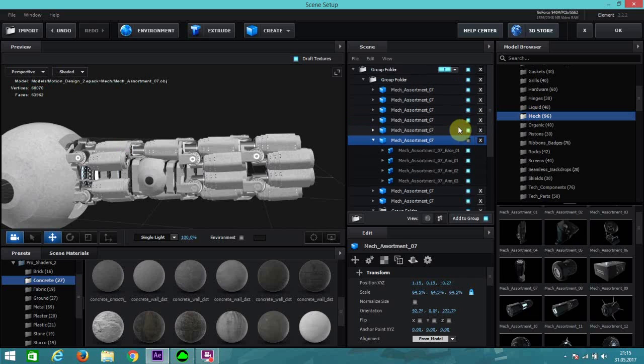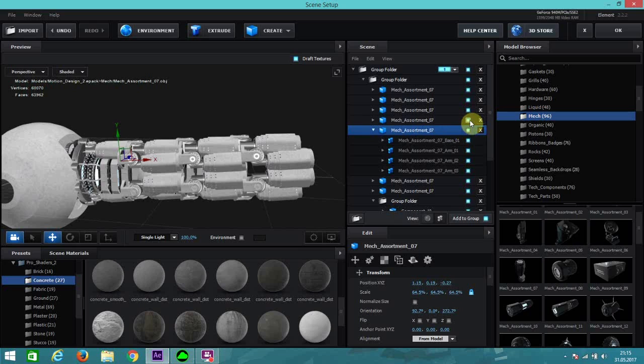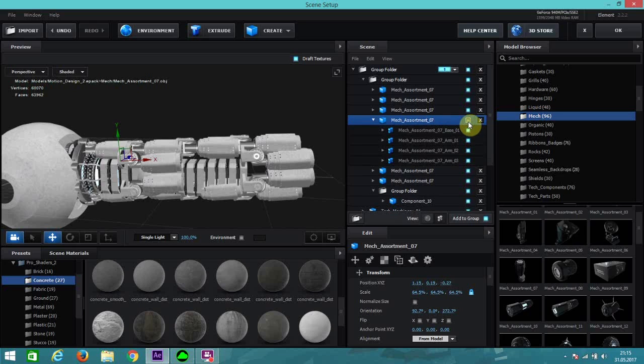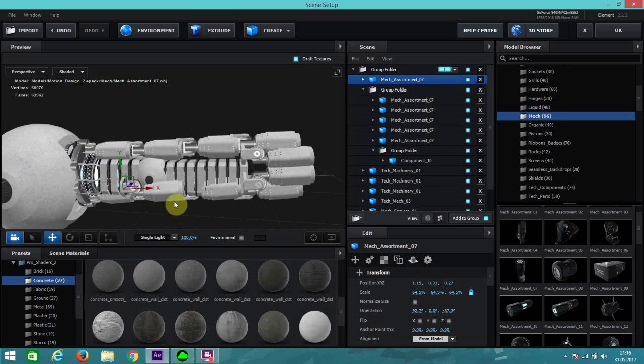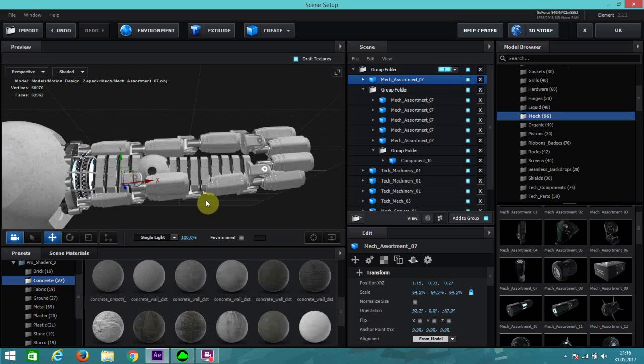So what we can do now is delete that one, and same goes for that one, and take this one and move it out of the group folder and move it in there. This is the highest folder. Just move it into that folder. So now it won't mirror. It won't be two of them. So just move it lower, maybe like that,